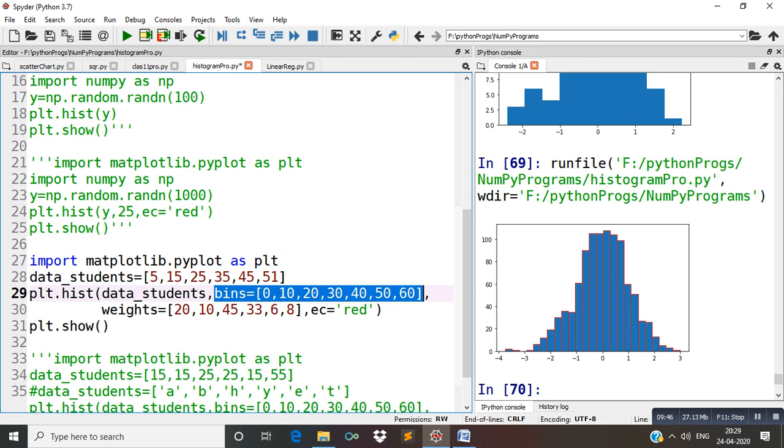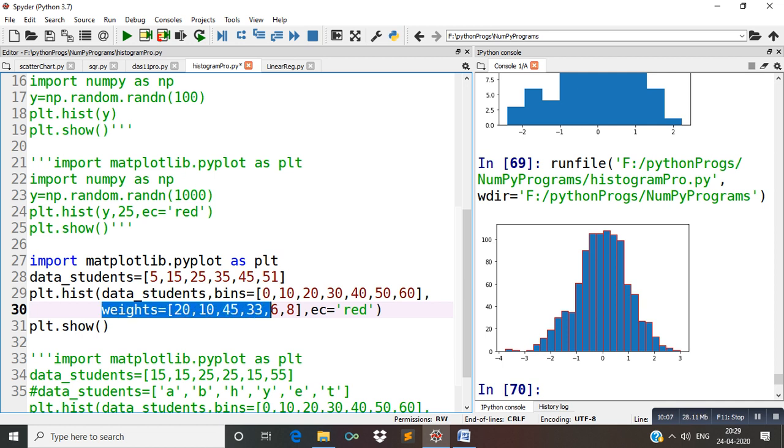So bins will represent intervals here, and the next value is weights. Weights is equal to 20, 10, 45, 33, 6, 8. It means these weights are related to 5, that is 5 is the value for a student. So if a student is 5, then its weight is 20.